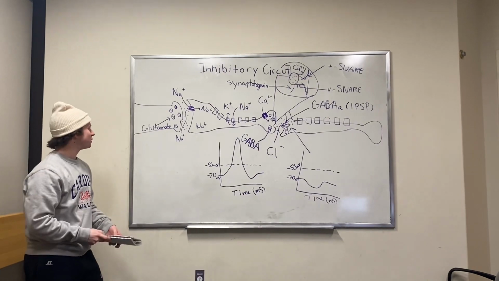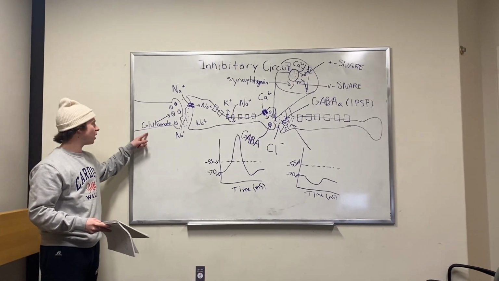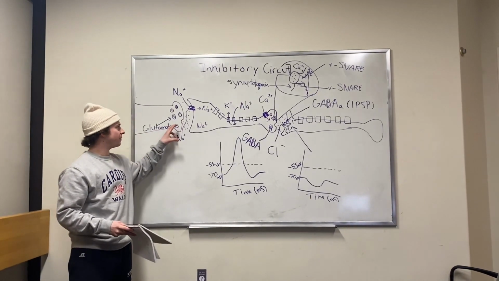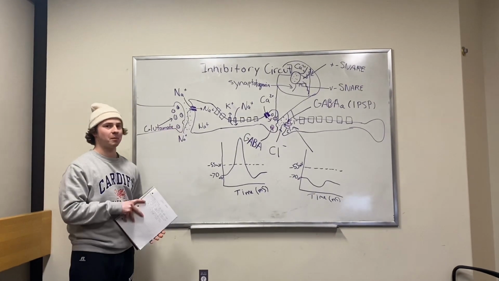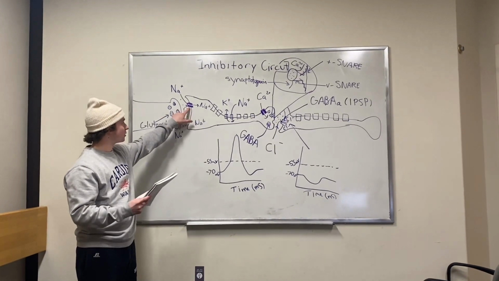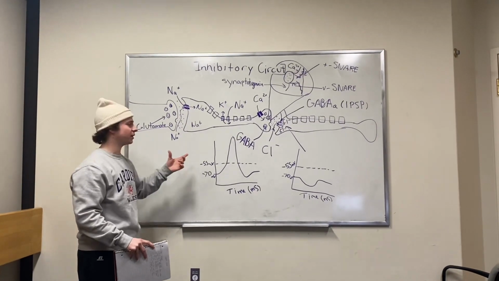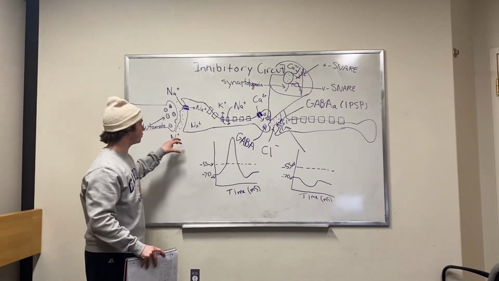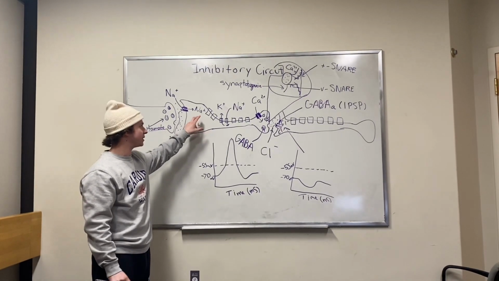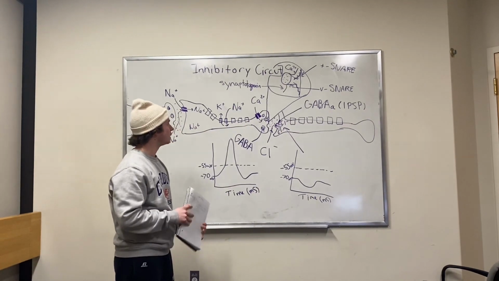All right, so I'm going to talk through an inhibitory neurocircuit. So we start the same way, where neuron 1 receives some sort of stimulus, where it releases glutamate, which is, as we know from Harrison's explanation, excitatory. So it binds to the ionotropic AMPA receptors, which allows for the influx of sodium. And if it sums up to the threshold potential, we will get an action potential,